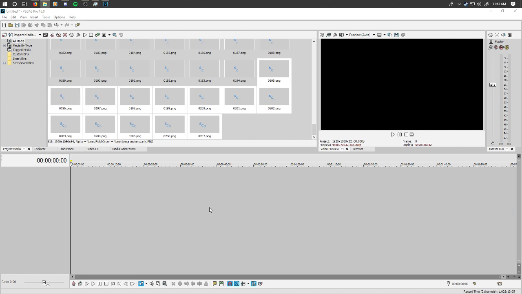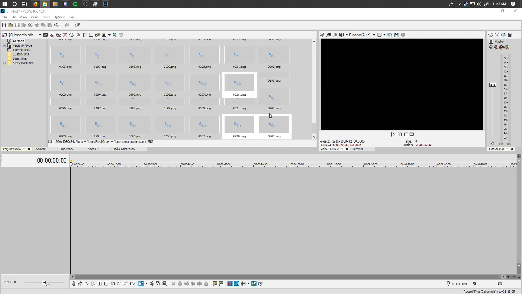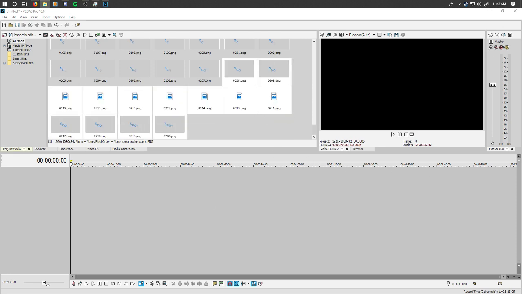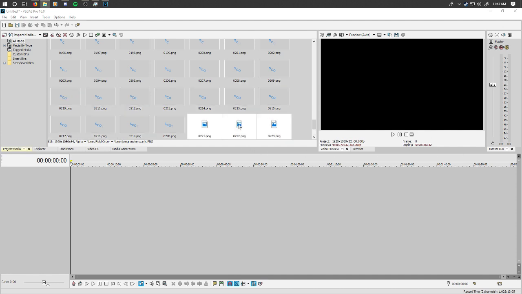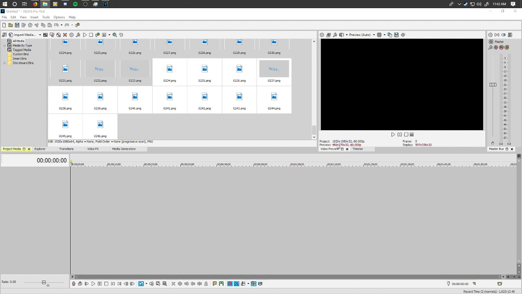For some mysterious reason, it just does not want to work. 221. Drag that in. Oh, it's starting to handle the frames better. It's good. I think it's just like, hey, alright, he's dragging a ton of files, might as well just figure it out.